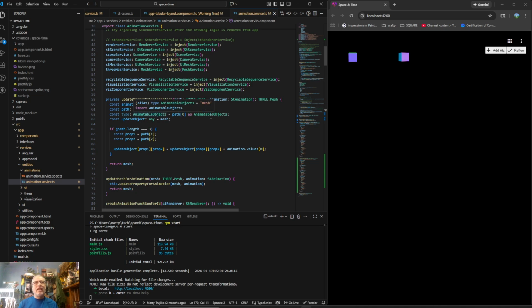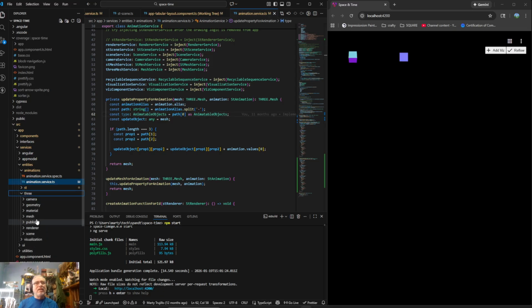We're taking an animatable object, which is a three.js mesh, right? It takes a three.js mesh and it makes changes in three.js. So this feels like it should be purely in three. It should live over here in something called animations. So that's one set of work, teasing out the three, breaking it down architecturally. The three thing probably doesn't make sense to do right now, but it does make sense to do, and it'd